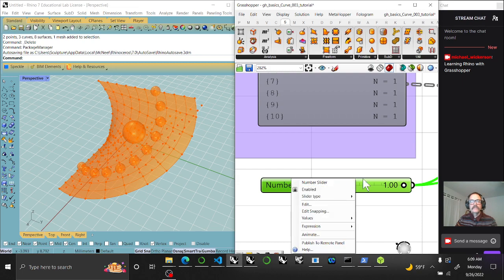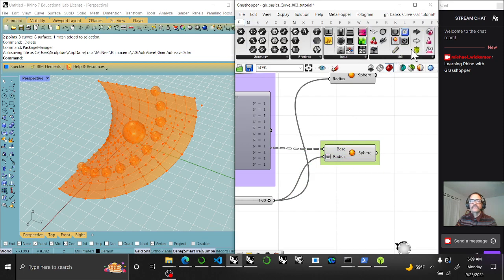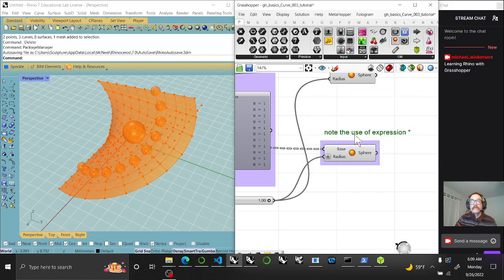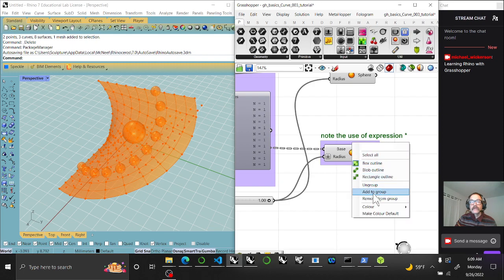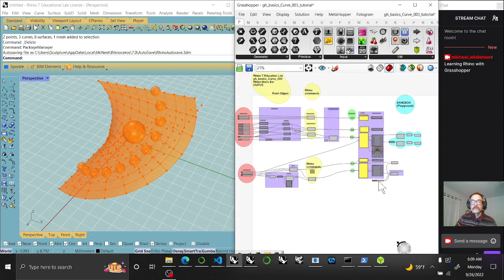And that's something to remember. I think I'll make a little note here. Yeah, I think this is a good practice for people starting out. Jump in here. I'm going to make this small and say, note the use of expression. I think it's asterisks, and you'll see it right there. It's not really an asterisk, but it's a 5-pointed asterisk. Add to group. And the radius I can take as a parameter and slide back in here